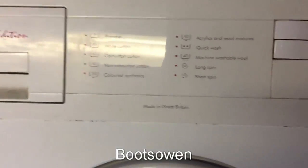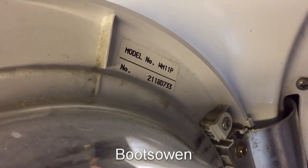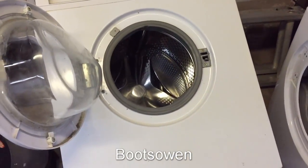This is a Hotpoint first edition washing machine. It's a model number WM11P. I believe this one's working, so I went to look for the lint filter and couldn't find it on